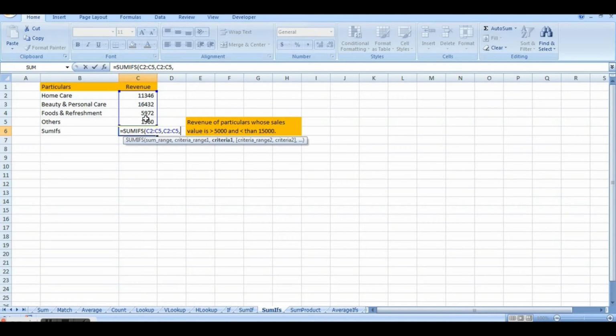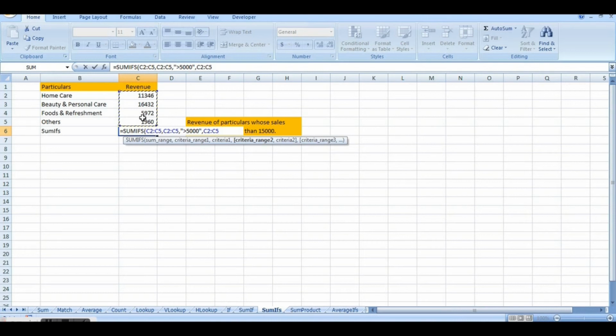Criteria 1 says it has to be above 5,000. But again we are using a sign, so we will use the inverted commas and then the condition. Complete the inverted commas, then comma, criteria range 2. Again from this range only we want to apply the second condition.